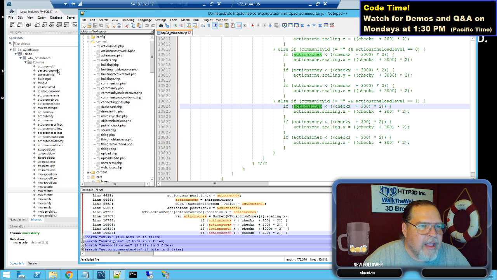For example, a number of these tables have things like positions, scaling, and rotation. And in this case, one of the things we have is the action zones. Well, I don't just call it position, scaling, and rotation because it's kind of redundant and we don't necessarily know where it came from unless you have the word action zone or something signifying that it's part of that. So I think throughout the code I probably named it 4 or 5 different shortcuts, different ways, and everything else. But when it comes down to it, it's really